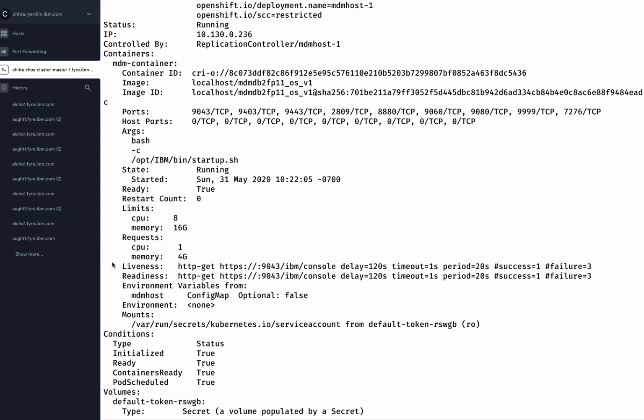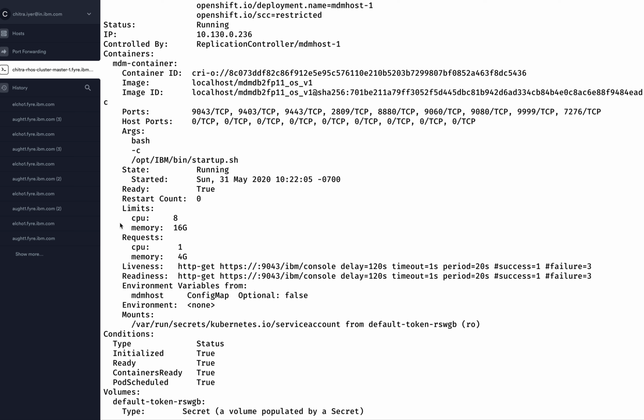We need to ensure that we provide sufficient CPU and memory in order to ensure that the pod functions fast and as per our requirement. You also see something here called readiness and liveness. These are probes using which OpenShift can take certain actions upon our pod. We will go through those actions in some time.